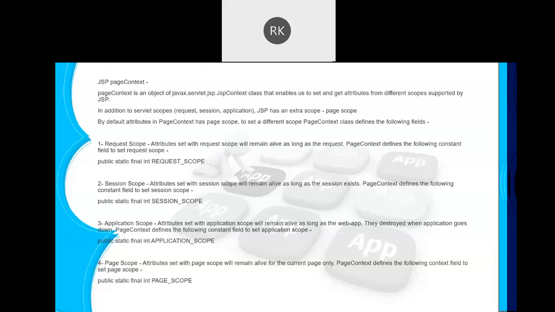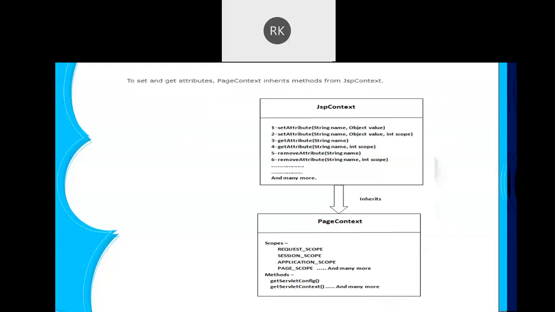Like if you want to get any value that has been defined in request scope, a constant that is defined there, using this request scope I can get the value of any attribute that has been defined in that particular request scope. In the same way, let's suppose you have defined any attribute in the session. So using the session scope, I can get it. And the same is the case with the application scope. If any attribute has been defined in the application scope, I can get its value using this application scope. And the same is the case with the page scope.